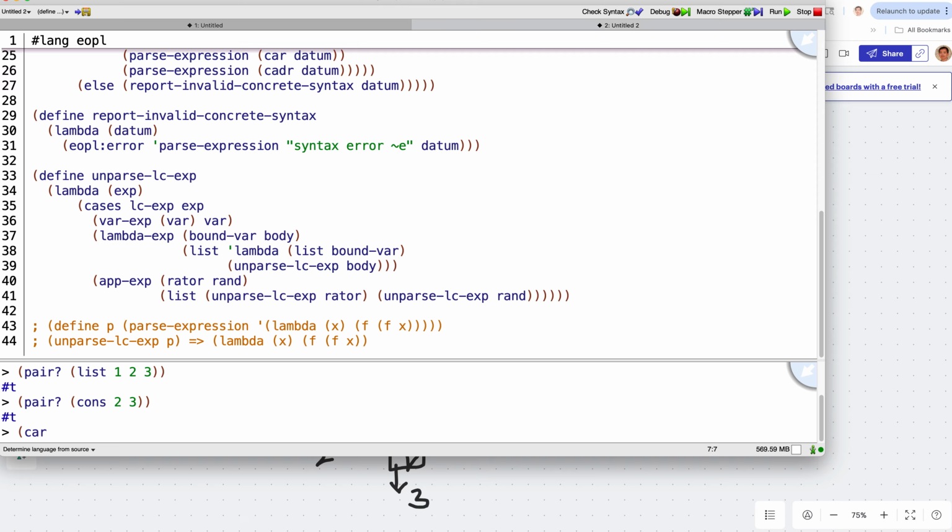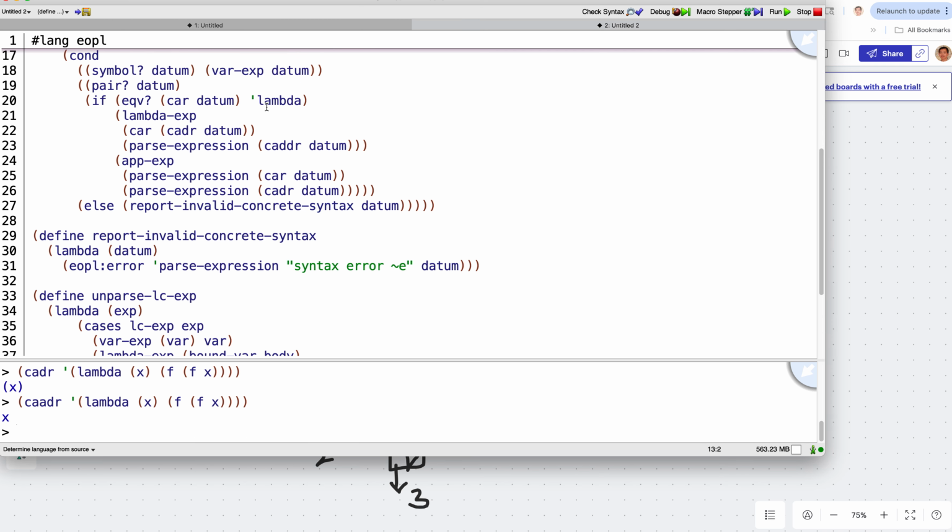So, just to review: if we're passing this list and the car of that is this lambda, then the car of the cdr is going to be the second element, which is that. But what we want is actually the first element of that, so we put a car there, and that gives us that. So if we're looking at the lambda expression in the concrete syntax in the program, then the car of the cdr is going to be that